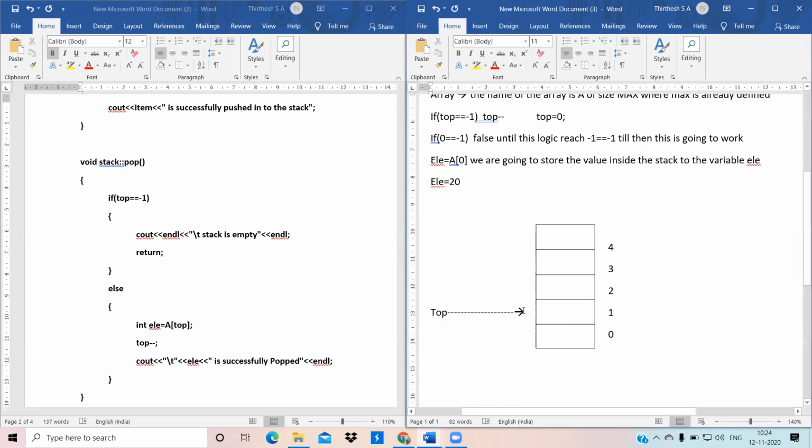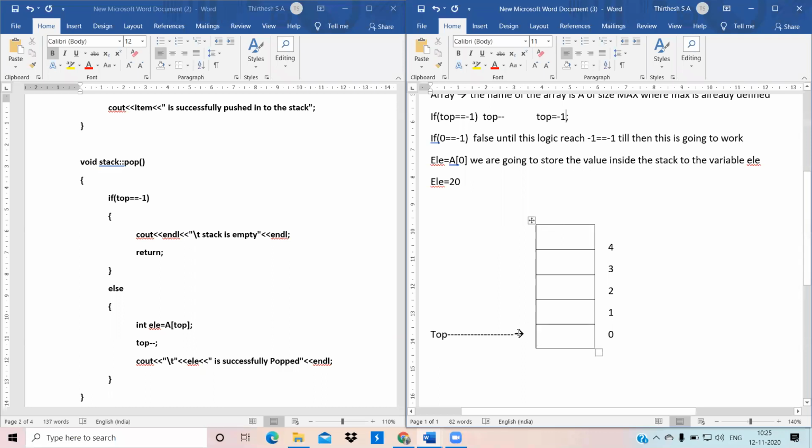Okay, then when 20 has been removed, the top will be in this part. Now what happens? Now top again decrements. Now top becomes 0 minus 1, which means that it is equals to minus 1.